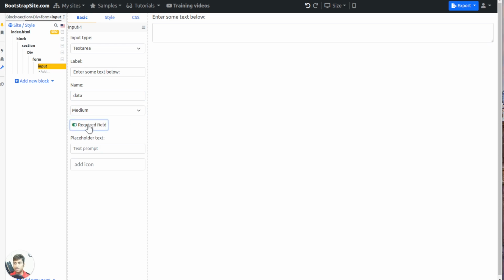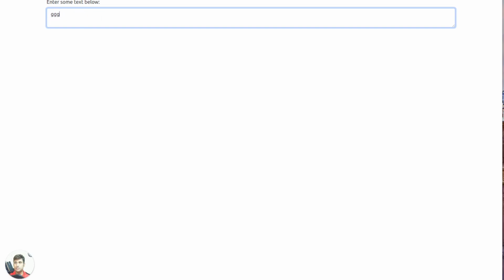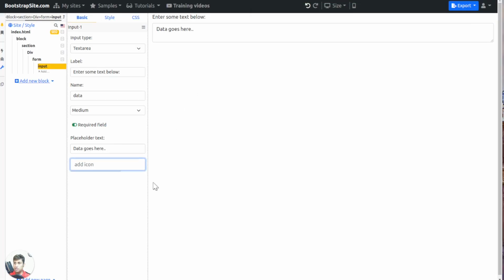and you can even make it a required field so that when the user presses the submit button, if this is empty, the browser will tell the user to fill the data here. And this is the placeholder, you can say data goes here. So when you go to the instant preview, placeholder text here,